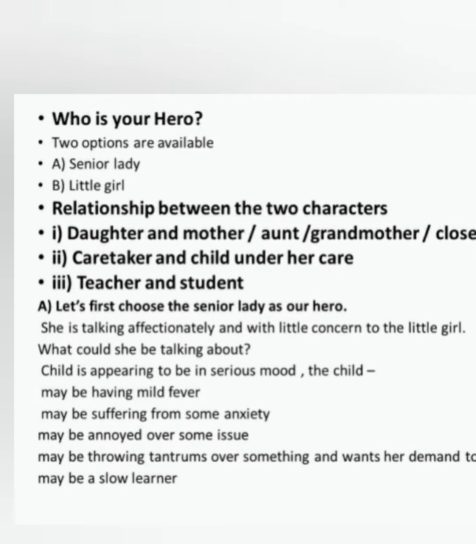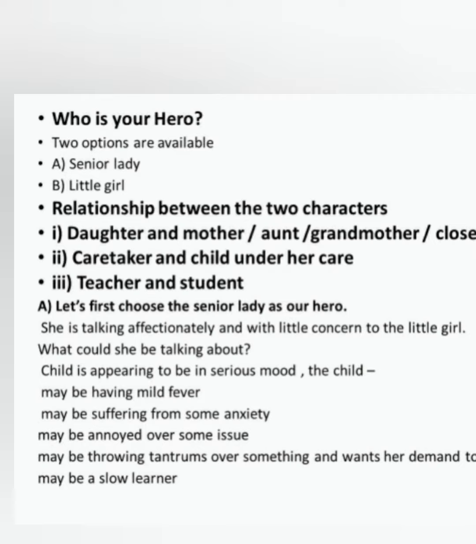Now here is the picture for you to observe. Observe it carefully, note the number of characters, note the background scene, and then you will have to choose the hero. So look at the picture carefully, the sex, age, mood, background, profession, education level, socio-economic status, everything. Now, who is your hero? Two options are available. Senior lady